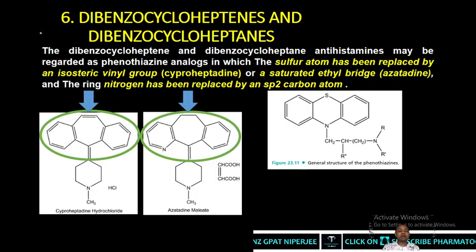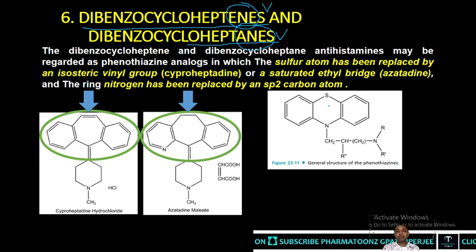And the last class in classical antihistaminic agents is dibenzocycloheptenes and dibenzocycloheptanes. So here heptenes and heptanes mean this is an alkane derivative, this is an alkene derivative. This kind of dibenzocycloheptene and heptane is also regarded as a phenothiazine analog. If you look at the structure, this is a dibenzocycloheptene, this is a dibenzocycloheptane, and this is a phenothiazine,